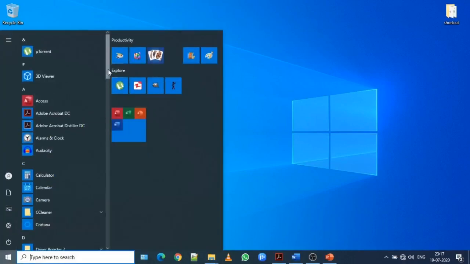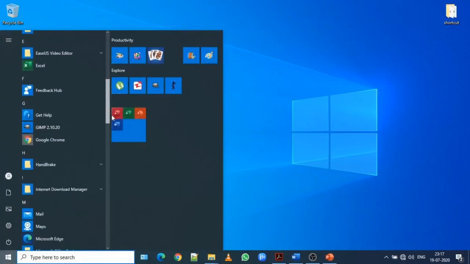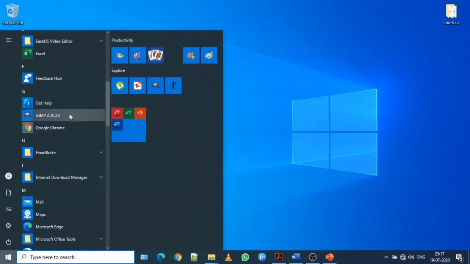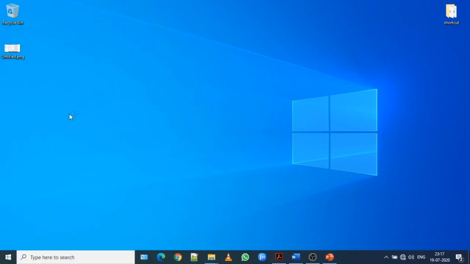Scroll down in alphabetic order and find GIMP 2.10.20. Open it up. It will take a while to load the page. Still it is taking time to boot up.